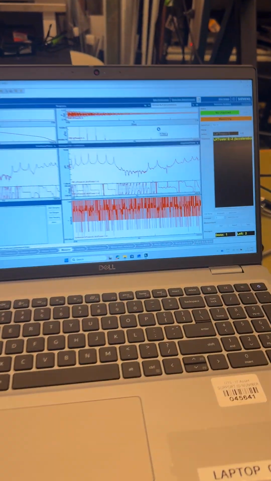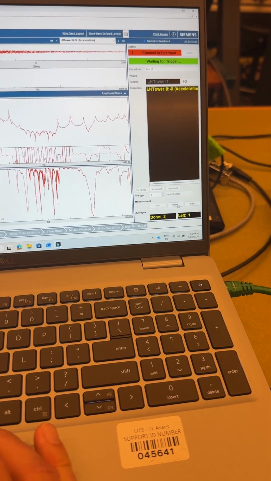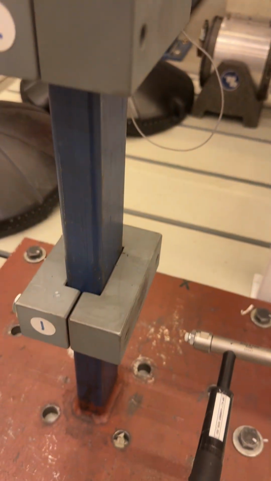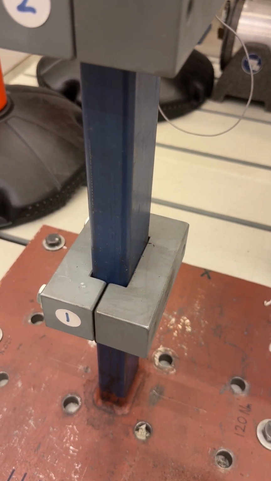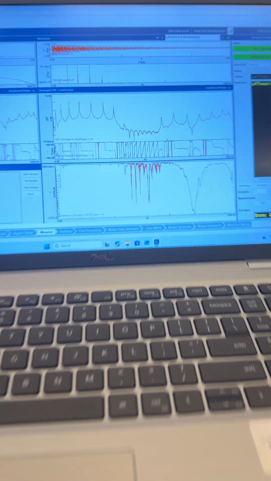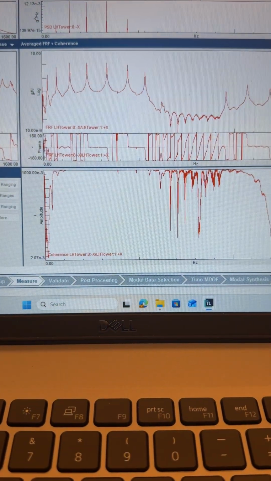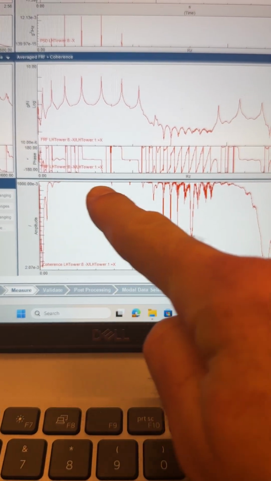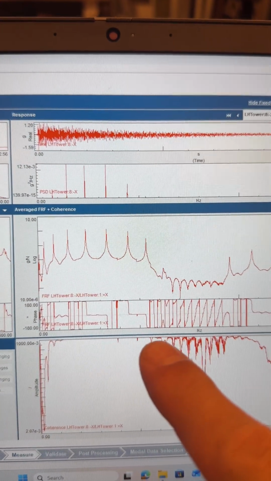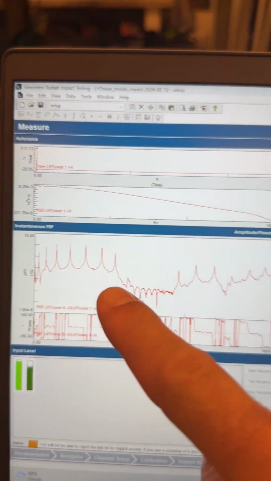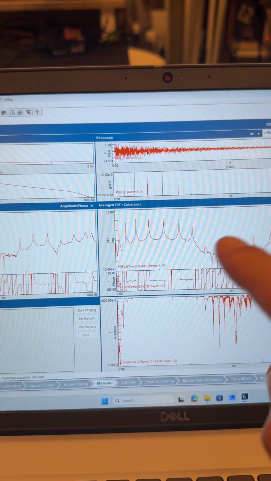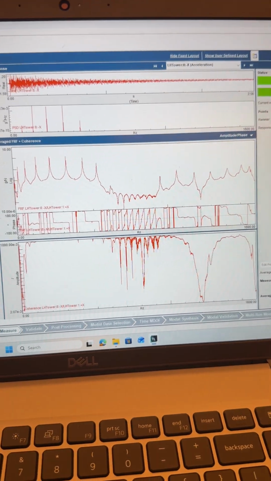Again, I've given that too big of an impact, so hit the reject. It's quite difficult to do this with one hand on the camera. That's better. I will go to the display actually, because now you can see here I've got very nice coherence along here. The instantaneous FRF should look essentially the same each time if I'm doing a good job of striking the hammer, and the average FRF and the instantaneous FRF should be comparable if I'm managing to achieve the same kind of